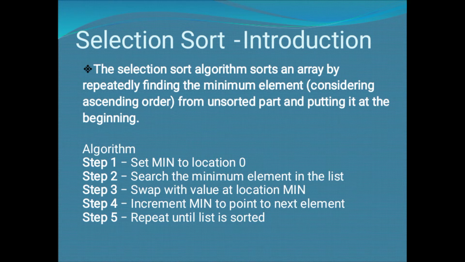That is, after finding the minimum element in the array, I will take that minimum element and place it at the first position, that is the zeroth location. And the zeroth location element will go to the third location, that is the position which is free at that time. For this I perform the swapping technique. Okay, like this I will be performing this technique till the end of the list.